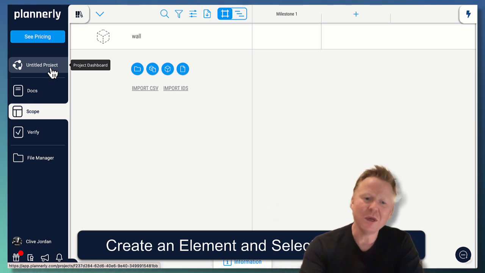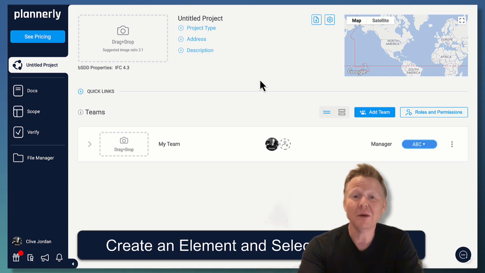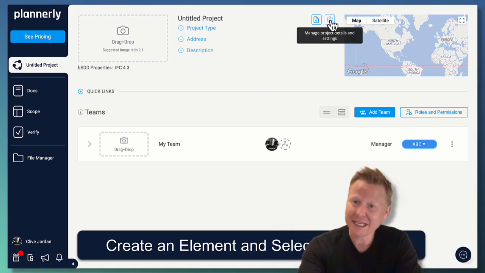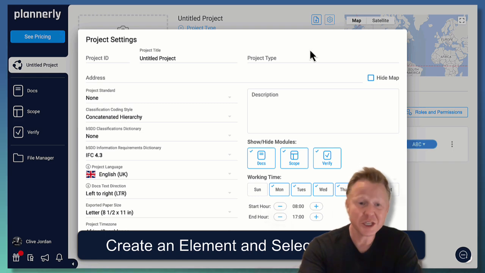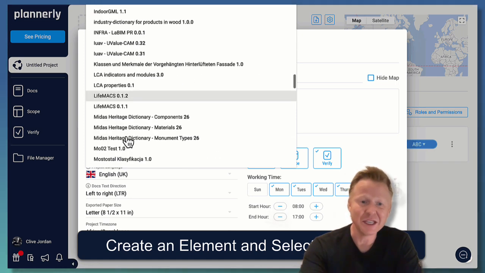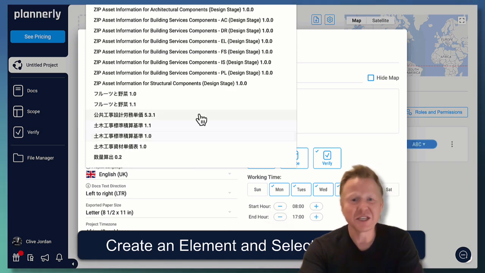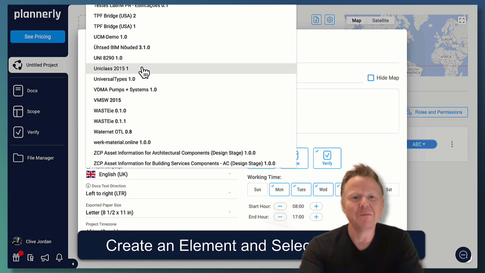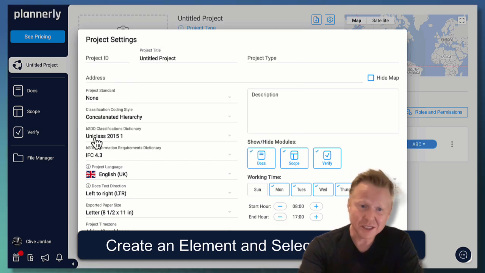So what we will do is go to our project dashboard, go to the settings, and in the settings, we are able to choose which buildingSMART data dictionaries we can connect to. This time, we see a long list of all of the different data dictionaries that we can connect to. In this example, we're going to choose Uniclass, and by choosing Uniclass as our data dictionary,